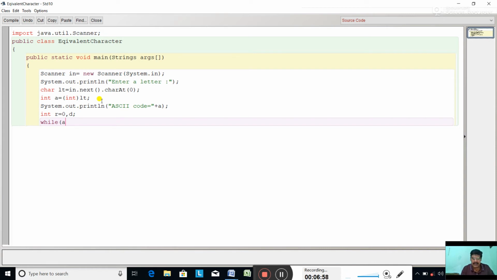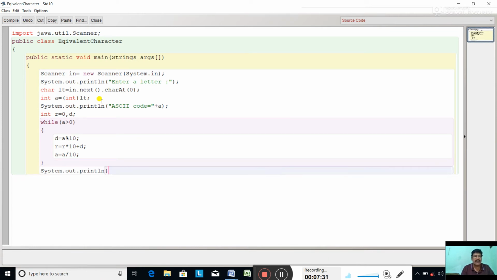While a greater than 0, d equal to a modulus 10, r equal to r into 10 plus d, a equal to a by 10. Close it.